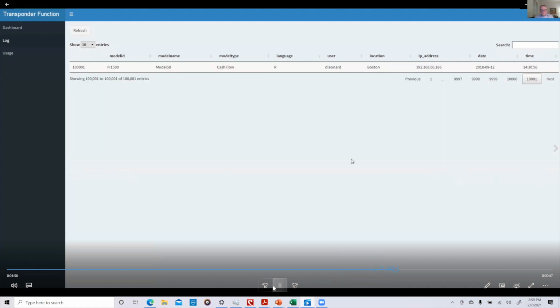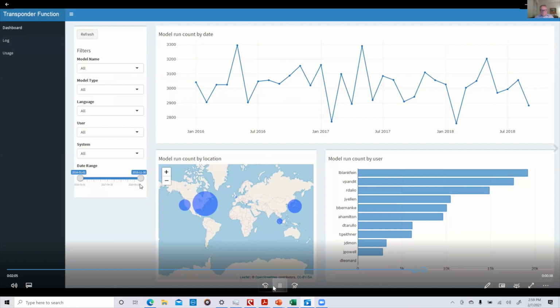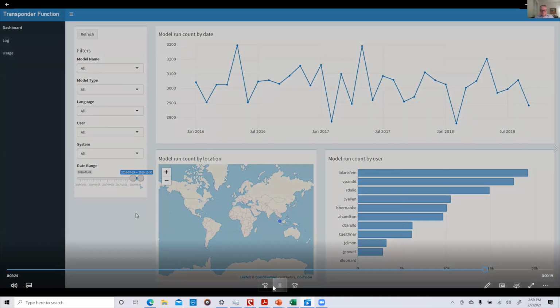One final cool feature of the Transponder tool is that it lets you examine modeling behavior over time. So if, say, an auditor asked you where your models were being executed, you could set a date range, hit run, and provide the auditors with an interactive visualization that answers their questions through a historical lens. So that's it.